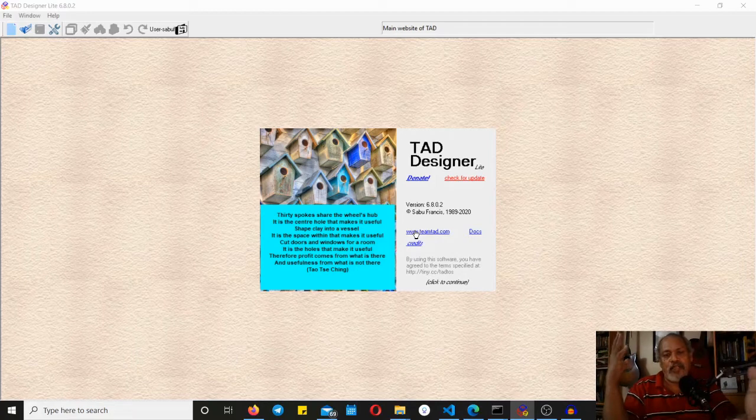TAD, as you know, started many years back, and I've been continuously working on it to help architects all over the world to come up with better designs. The mission of TAD is to allow architects to very coherently talk not just about the final building, but even the why of that design. Why did they make that design the way they did? So that those records can be available for future generations.